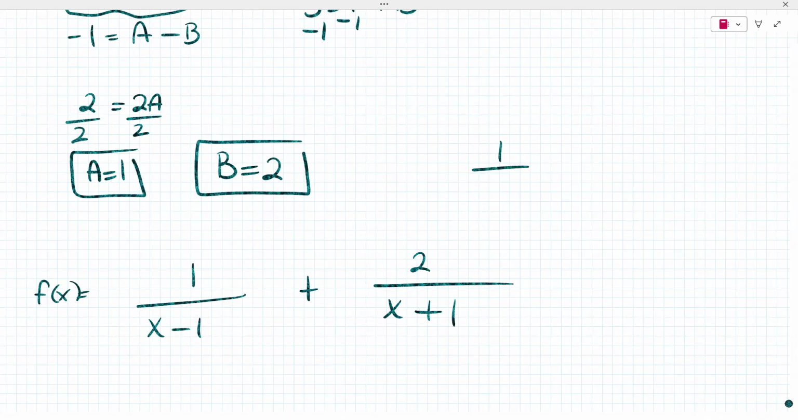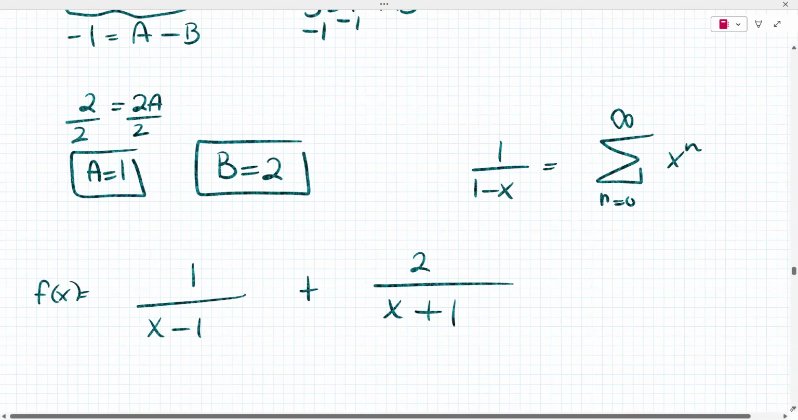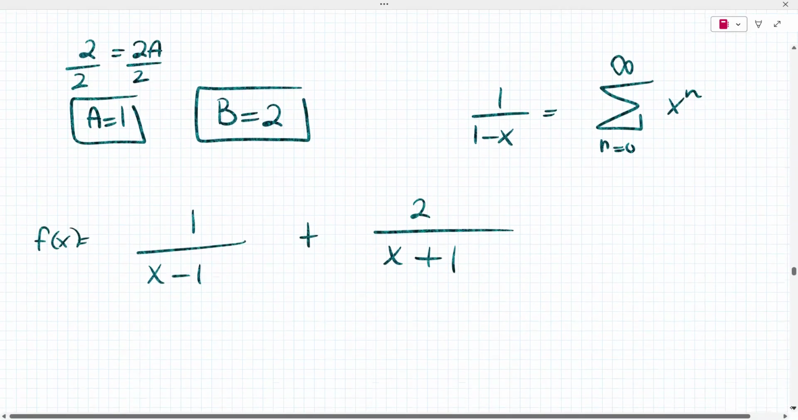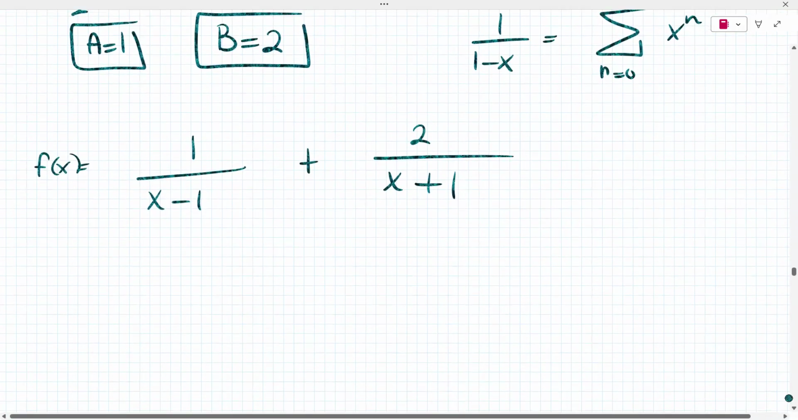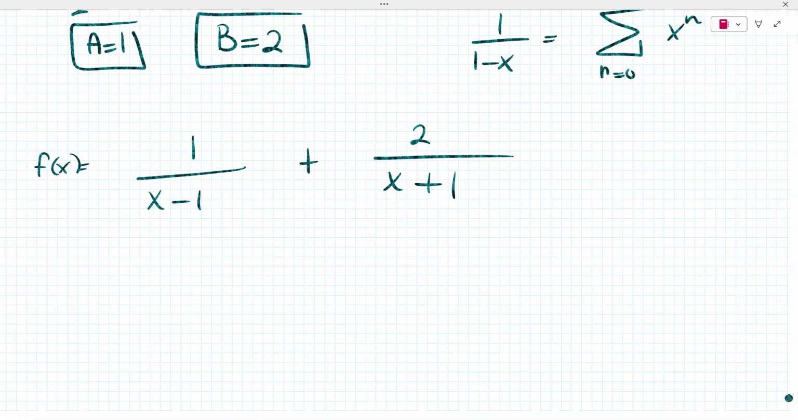1 minus x equals the summation n equals 0 to infinity of x to the n. Okay. This one's really good. It's exactly what we want. That is, yeah, that's good. Actually, no, it's not good. It's not. It almost looks like it. It's not quite,